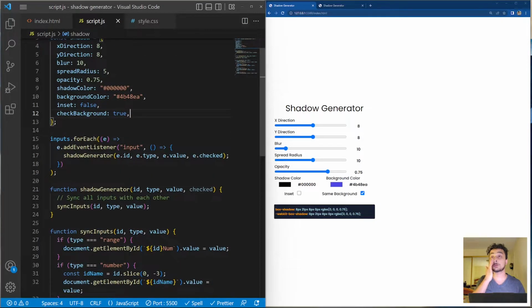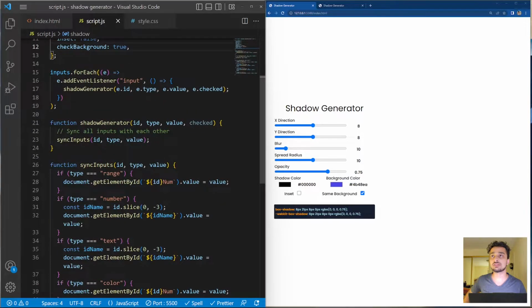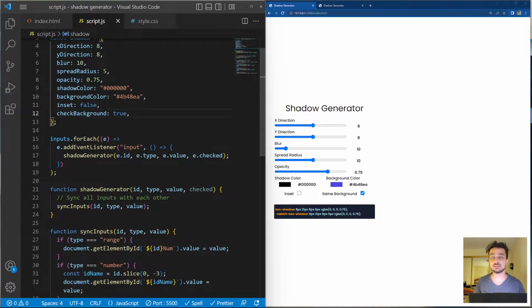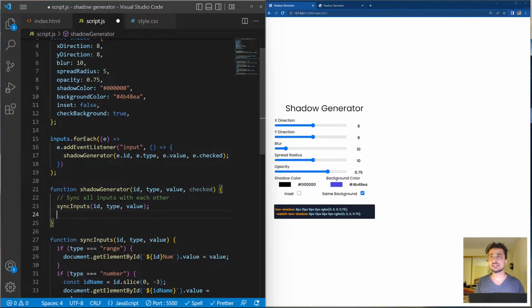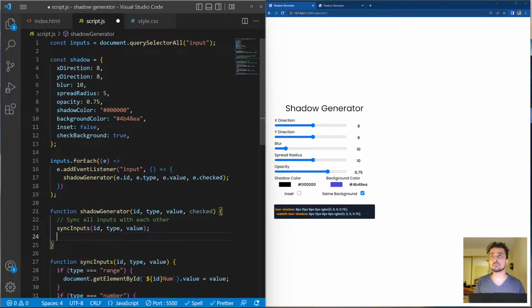Awesome. So let's go to our shadow generator, and let's update all of these object key values